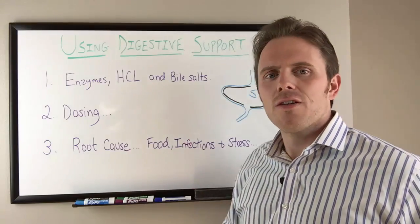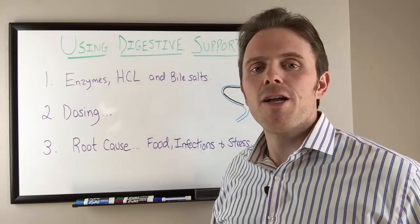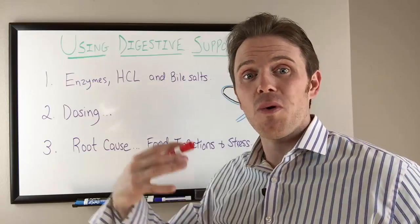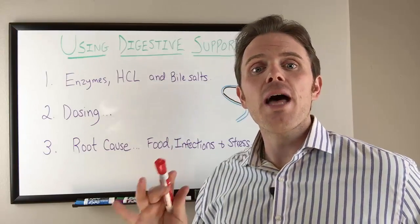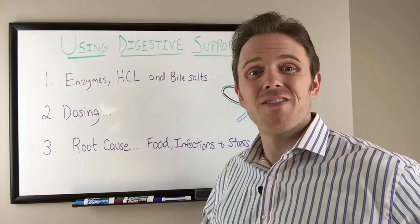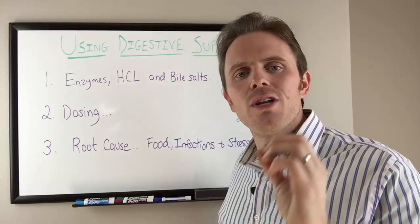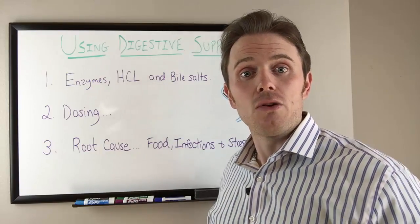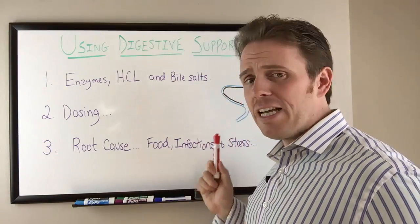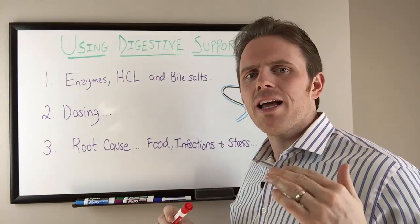So when we're dealing with digestive support, with your run-of-the-mill average person that may just have a little bit of stomach issues, they may just be able to throw in some hydrochloric acid or maybe a broad spectrum HCL with enzymes and bile salts together, and that may be good enough. With a lot of my chronically ill patients, or the patients that have had digestive problems for over a year or so, we have to get a little bit more fine-tuned and specific while the person heals, so we can get the right amount so we're not creating inflammation. So when we give digestive support, the last few years I've been experimenting with great results in separating the hydrochloric